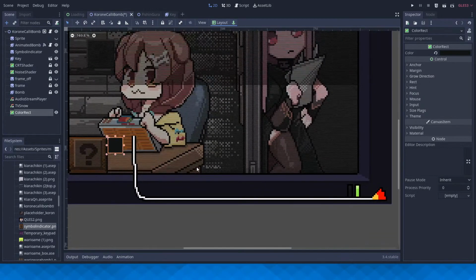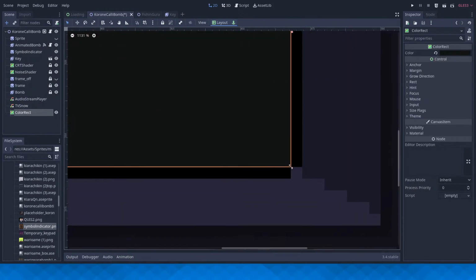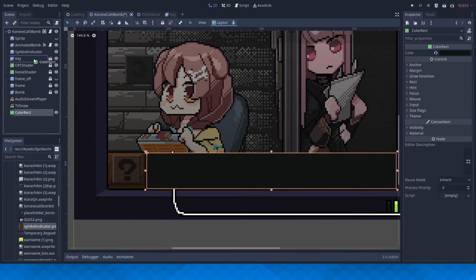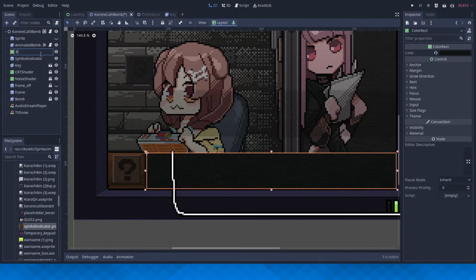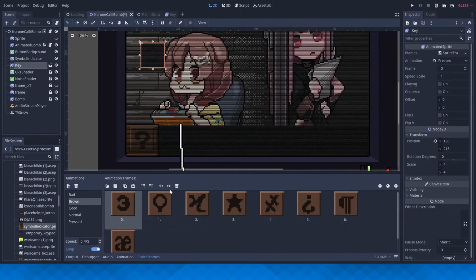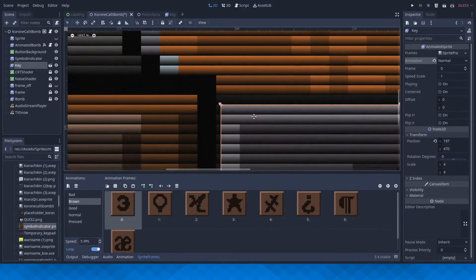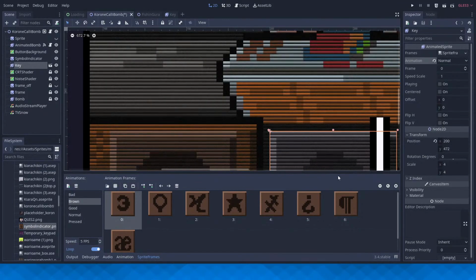So I am going to fit this in here. Okay, looks good. Then I'm going to put it behind here. Call it button background, and grab this key. Set it to normal for now, and it should be 4. And